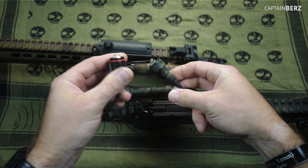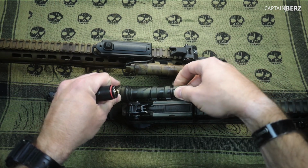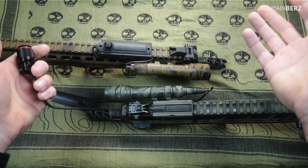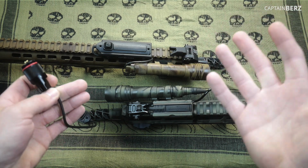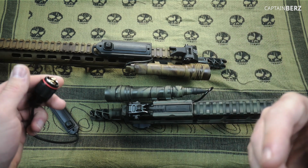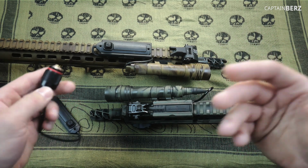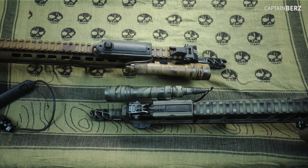So as far as setup goes, total, absolute, which one are you gonna buy? And which one's gonna get you by for the life of the gun? Obviously the Surefire. The question that you have to answer, though, that I can't answer, is it worth $200 to upgrade? In my opinion, I'm always a proponent of building one gun that's going to get you through anything,